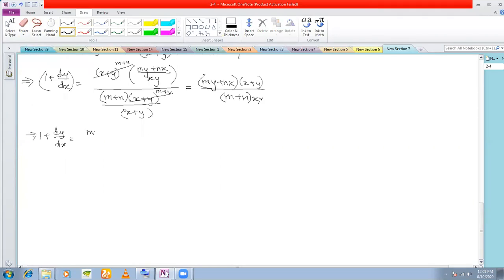You get mxy, okay, plus my square plus nx square plus nxy divided by (m plus n)xy, which is, now from these two, this one mxy plus nxy, okay, we can take xy common, and